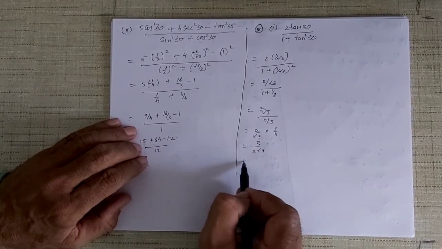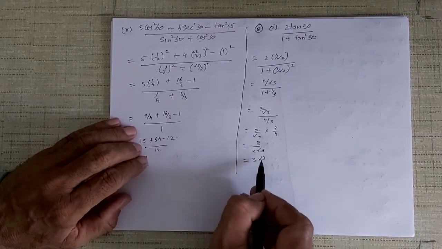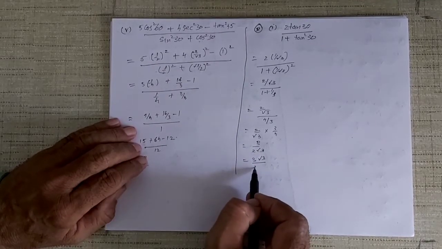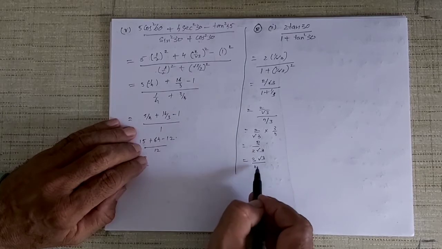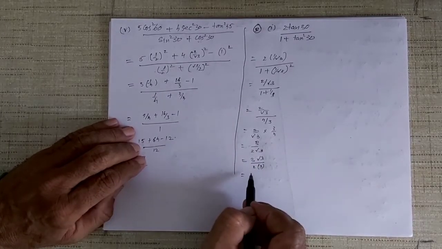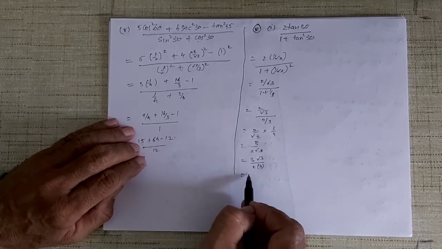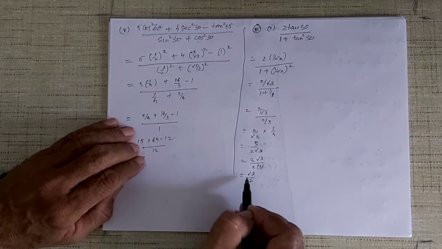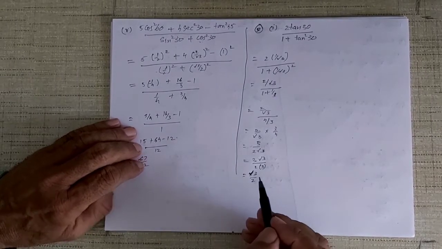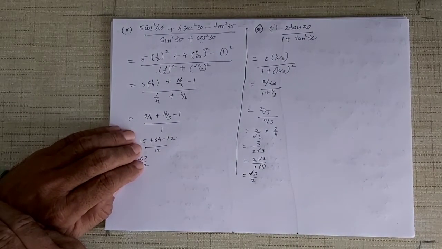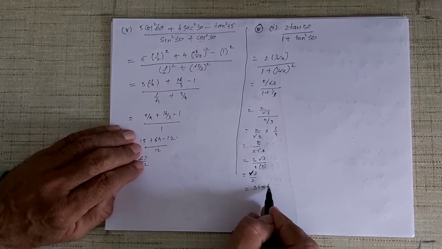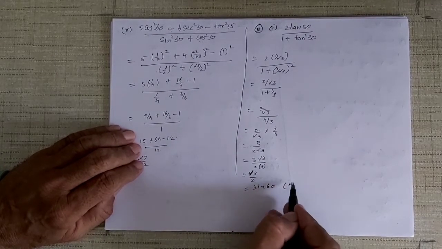Now if I want to remove this, then I must multiply this with root 3. So I get 2 here, and if I multiply with root 3, I get 3 here. 3 2s are 6. Okay. So I get 2 root 3. 3 2s are 6. 3 will cancel out. I get root 3 upon 2. Okay. What is root 3 upon 2? Now you can see the options. Sine 60 is root 3 by 2. That is equal to sine 60. That is your option A.